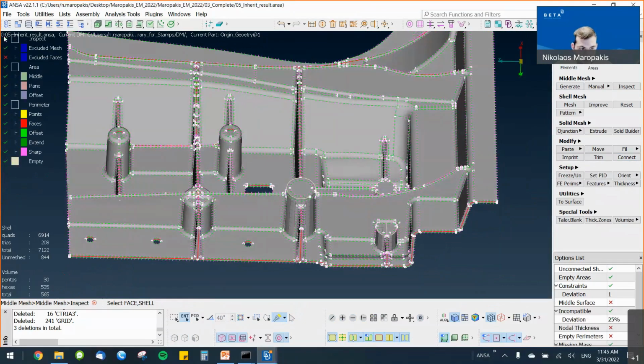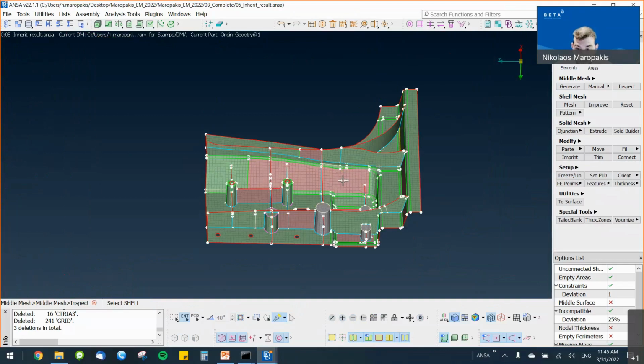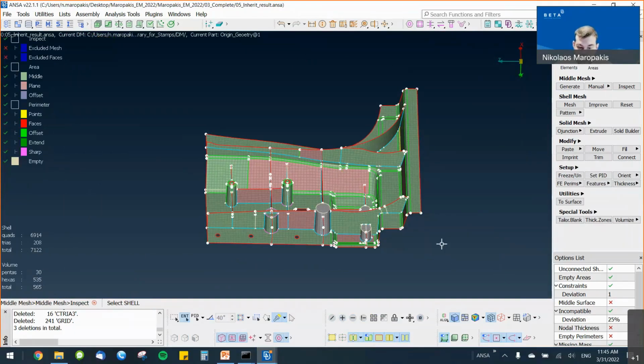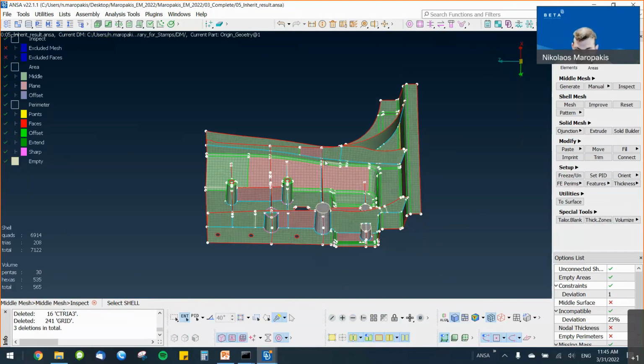I can see here that all the errors were eliminated, and simply by fixing the areas that changed between the two versions, I now have my model ready again, the middle mesh extracted and associated with the correct updated geometry, without needing to do similar work between the two models a second time. I didn't have to touch these tubes here where I fixed the pattern. I didn't have to touch any other area of the model other than the area that changed between the two versions.